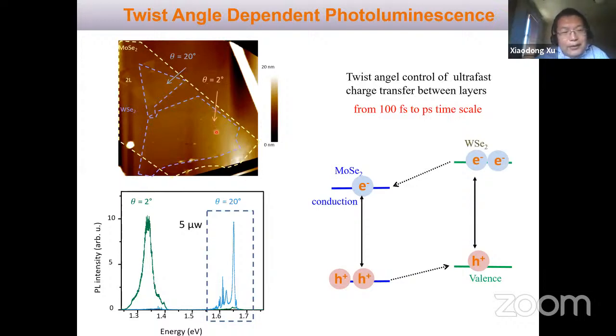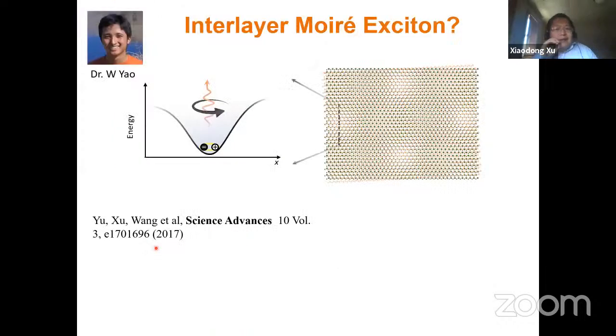But when we look at the AFM image, actually it's really clean. There are no bubbles, no dirt, but somehow the spectroscopy feature shows it's not clean. So we didn't know what to do. And then we talked to our theorist, Wang Yao, and what he basically